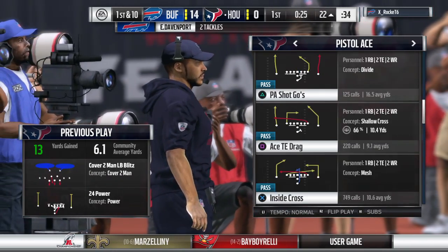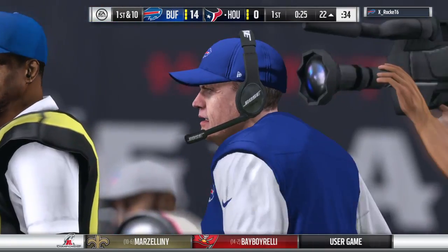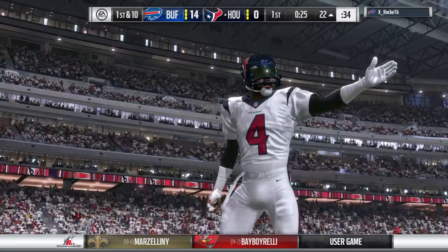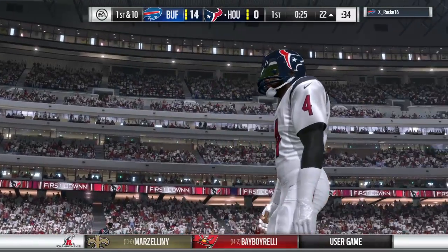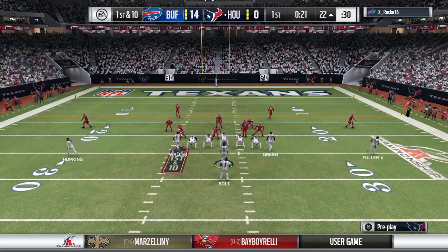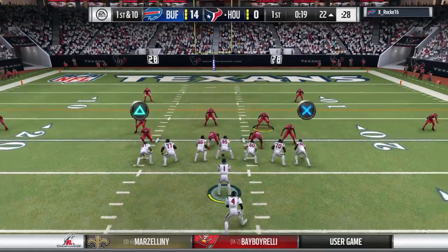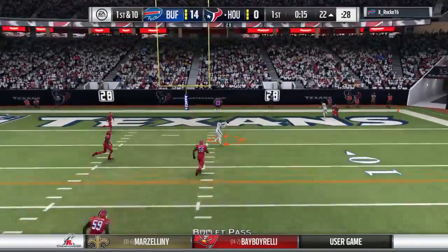He's quite an eyeful, isn't he? Big, strong, physical guy. When he came out of school and when I looked at my draft board, I went back through my notes to see how I had him rated. The number 2 back on my board coming out of college. Why? As I mentioned, big, strong, powerful guy, faster than you would think, and has the ability to catch the football out of the backfield, something that we didn't know he truly...